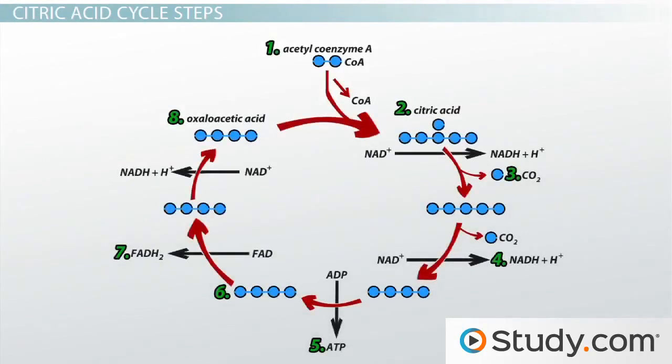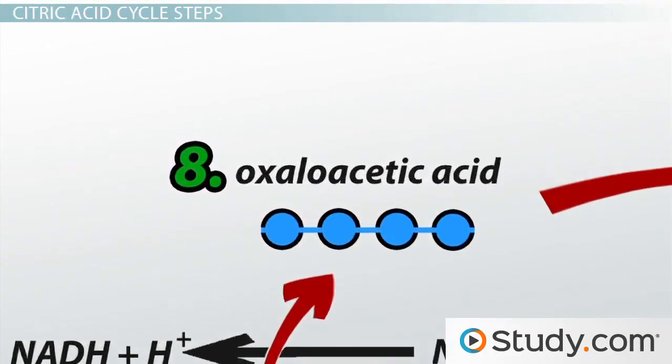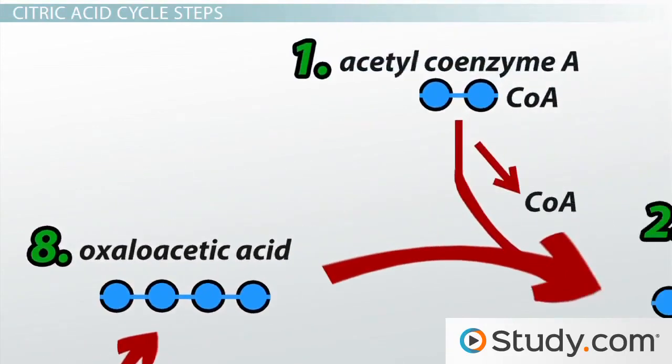While all the reactions that occur are important, in this lesson we're just going to focus on the reactions that are essential to create products that are important to the next phase of cellular respiration. To start, oxaloacetic acid, a 4-carbon molecule, combines with acetyl coenzyme A from